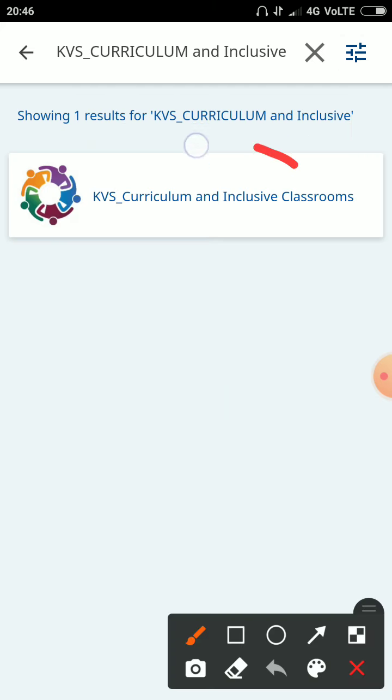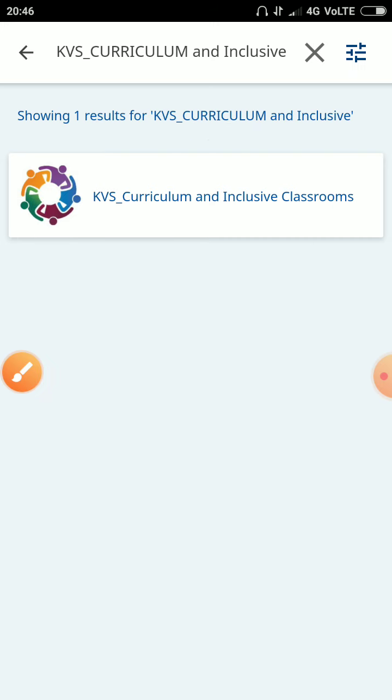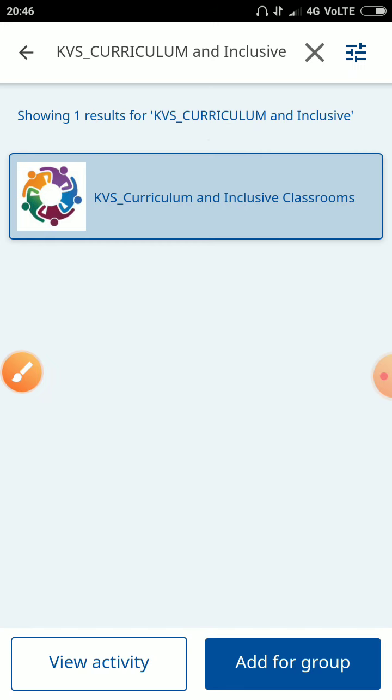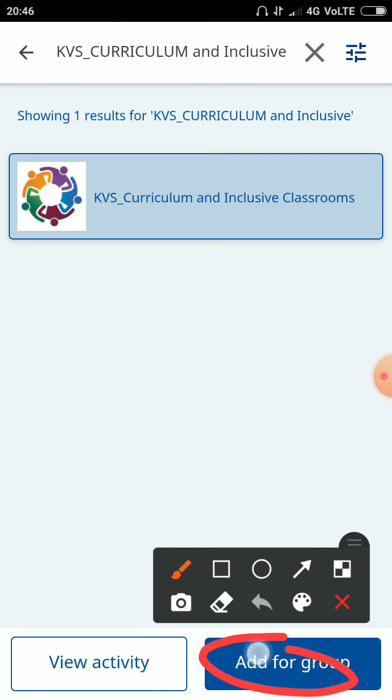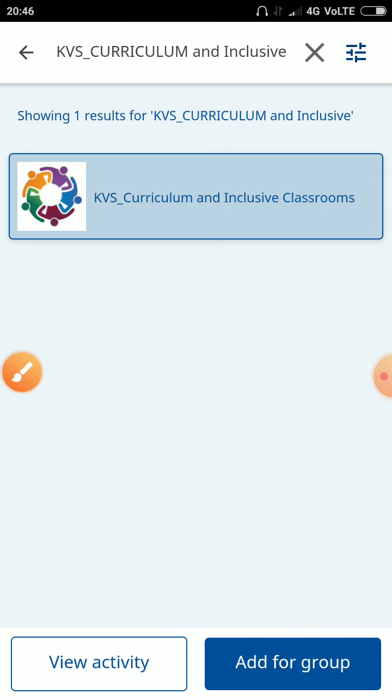Just enter these keywords. Now you can see the course of KVS has come. You have to click this one. After that, at the bottom you can see add to group. You have to click add to group.